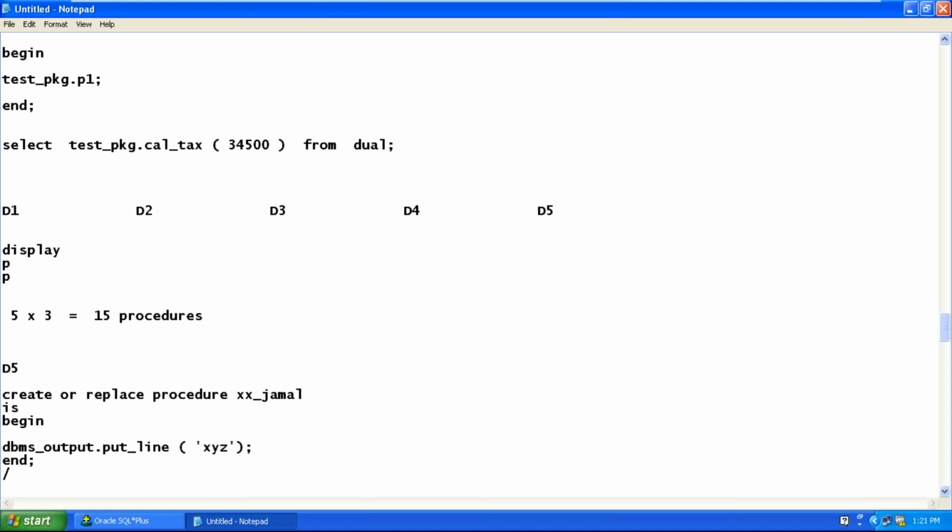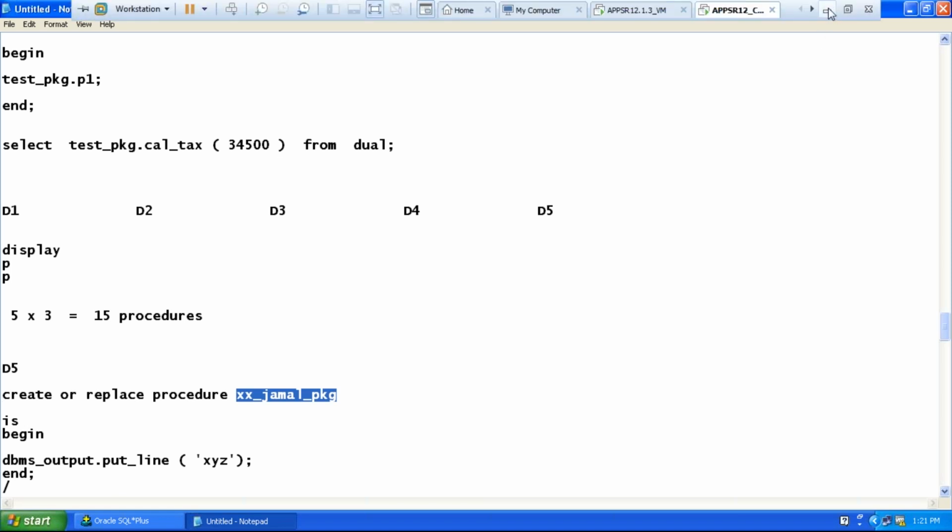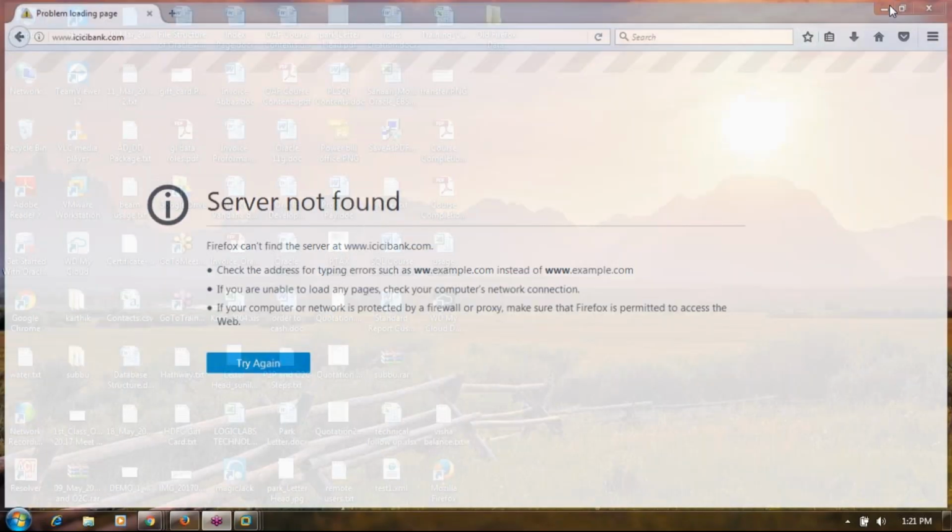For example, in Windows, when you are creating a package, you mention it with your name, so there is no chance of it getting replaced, isn't it? But more than replacement, this is one main disadvantage if you don't have packages. One more main importance of the package. Look at this. I'll show you some real-time code.